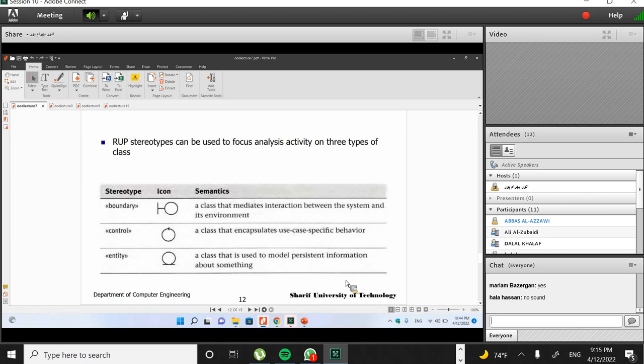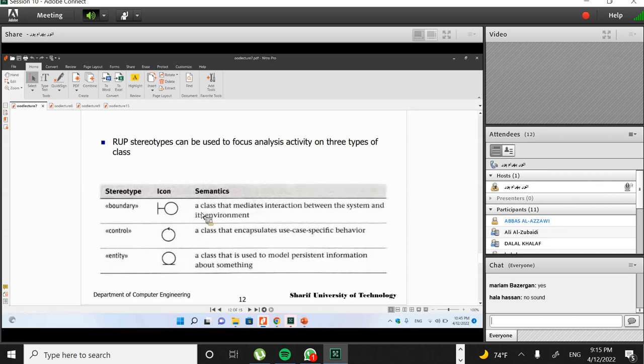So the student class in an educational system is a persistent class. It's the same for the teacher class and the course class, and so on. But the classes that give abilities for enrollment